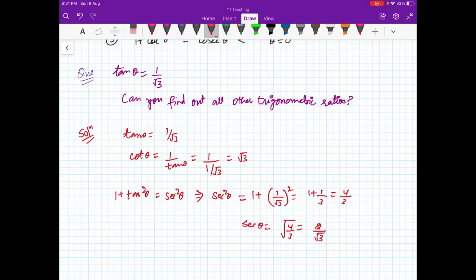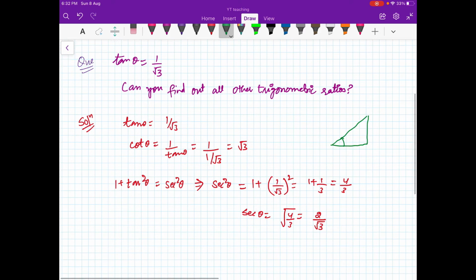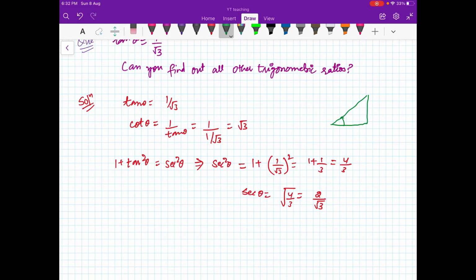But if we look at the meaning of trigonometric ratios, as we defined, we assume that the angle is less than 90 degrees. For angles less than 90 degrees, all the trigonometric ratios are positive, right? You have to remember these things. Later on, when you move to higher classes, you will see that when the angle is more than 90 degrees, the trigonometric ratios can be negative also. But as of now, we will just concentrate on angles less than 90 degrees, so all the trigonometric ratios are positive. So secant theta is 2 by root 3, I got it.